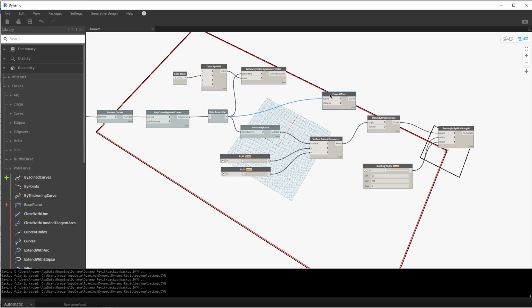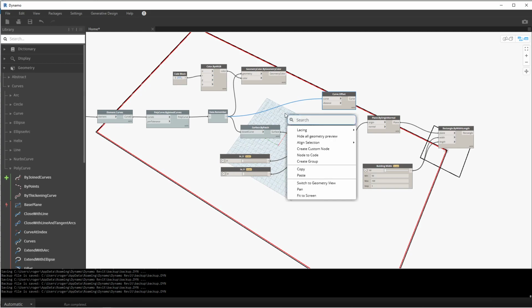Now we have a curve right on top of another curve, except that it's off by a distance of 1 foot in a positive direction. So we really want to make that this half distance. We want to pull this point in so that we account for whatever the width of the building is. So we're going to need to make some kind of a formula for that offset. So I'm going to write a code block